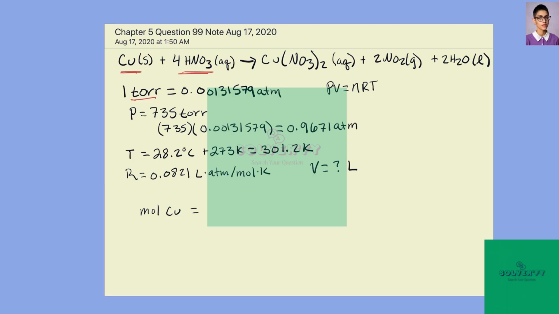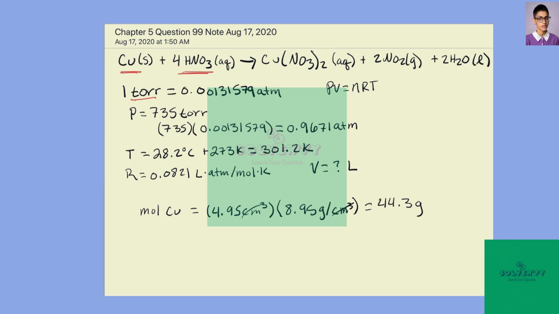And they tell us that our volume of copper is 4.95 centimeters cubed. And they also give us the density of copper, which will help us get the mass of our copper. So our density is 8.95 grams per centimeters cubed. So centimeters cubed cancel out. So we get